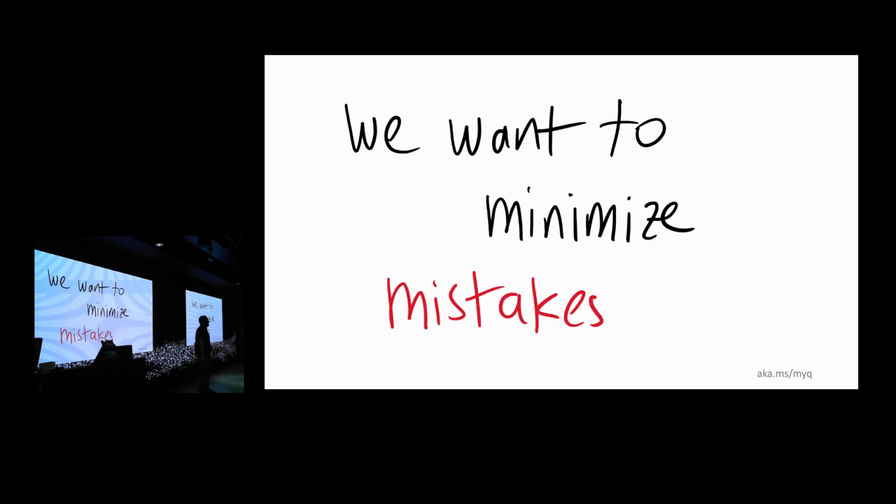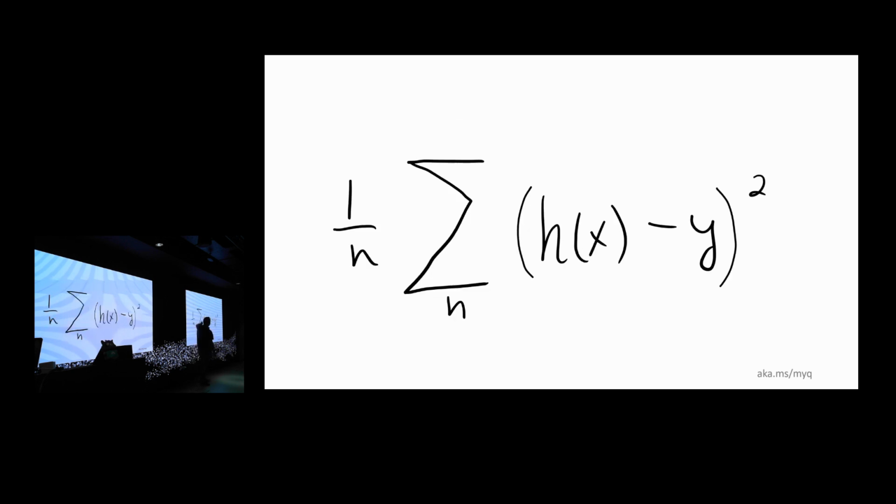Well, we want to minimize mistakes. And so what we're going to do is use some maths, like the UK kind, the extra bits of math. I'm going to make a function that looks scary, but when I show it to you, you'll be scared at first, just like when you jump in the cold pool, and then you swim around and it's okay. You're like, oh, this is good. I feel this now. This is great.